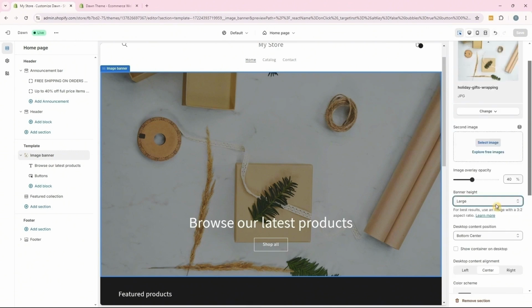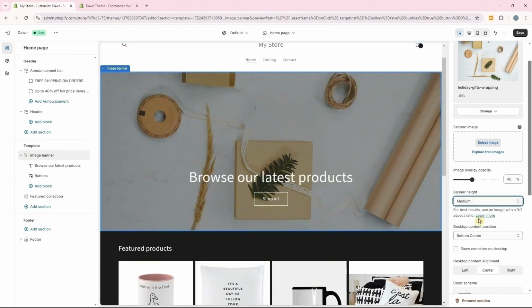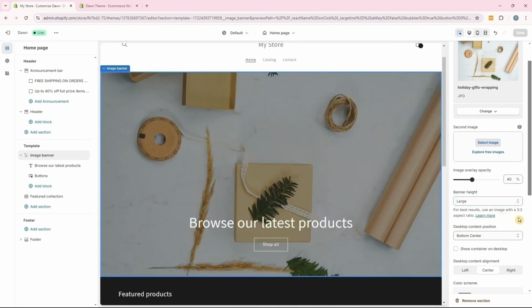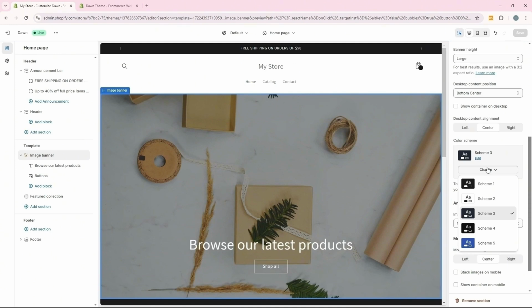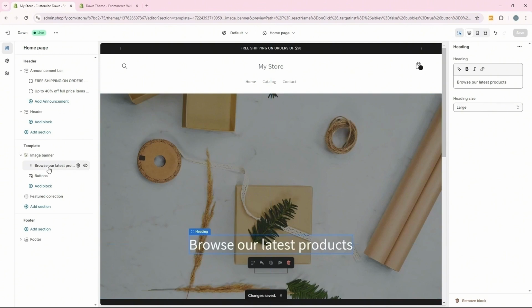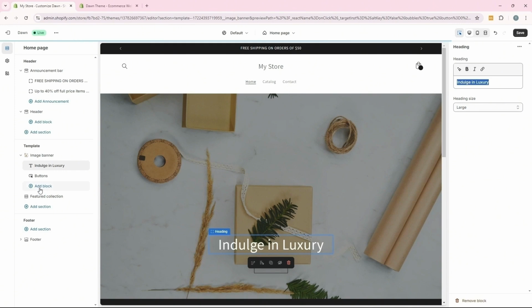We can change that banner height as needed, small, medium, or large. Let's leave it as large for now. And let's change this to color scheme 1. Click save. Click on browse our latest products to change the text. Instead of browse our latest products, we'll add a text that's relevant, indulge in luxury, and we'll click add block